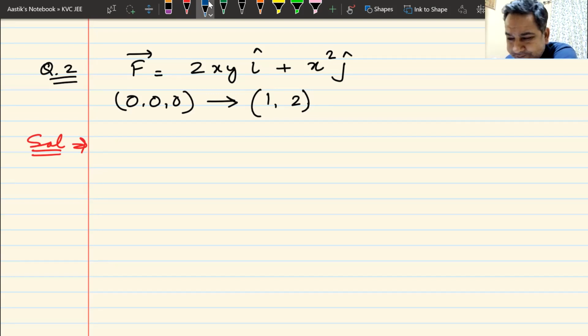Who said so? Did I ever say that if you find x in y and y in x, that becomes a non-conservative force? Did I ever say that? I said that you have to check it. In the previous example that we did, we did not check because I did not ask you to check. But this force that you see over here, this is a non-conservative force.